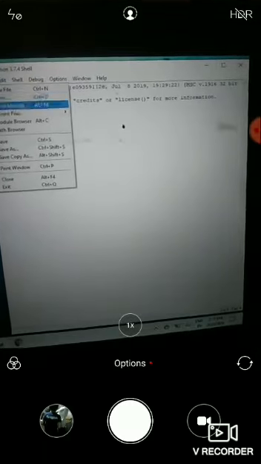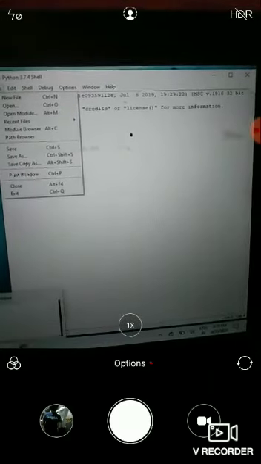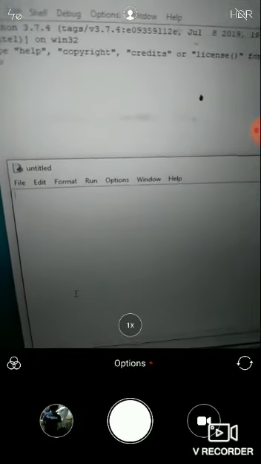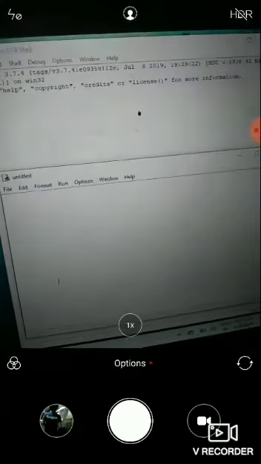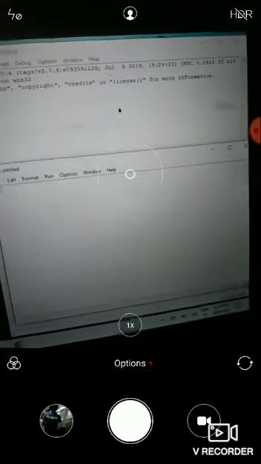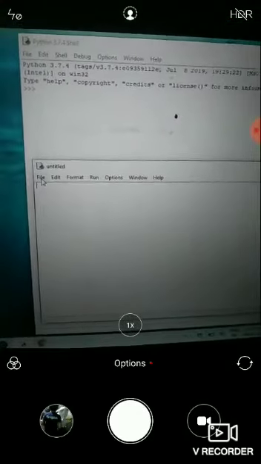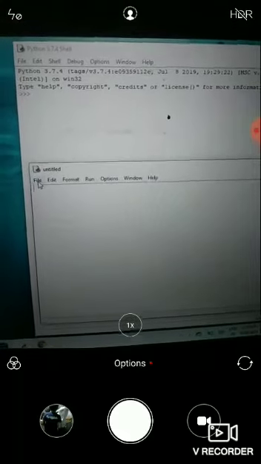At the time of its opening, this window is named untitled by default, as shown in the video. You can see here the script mode window is untitled. The name can be changed by the user by renaming the file. So let's type some code here and save this, and then we get the output.